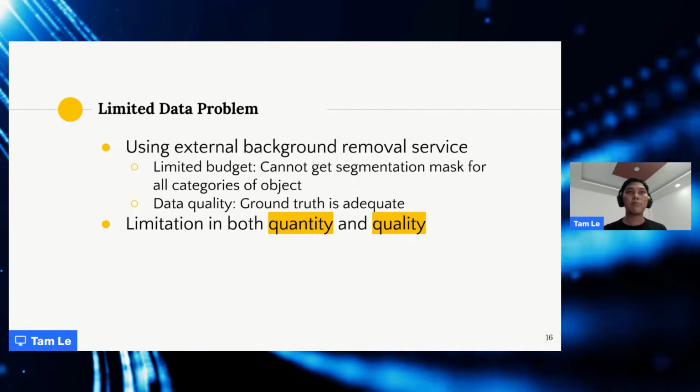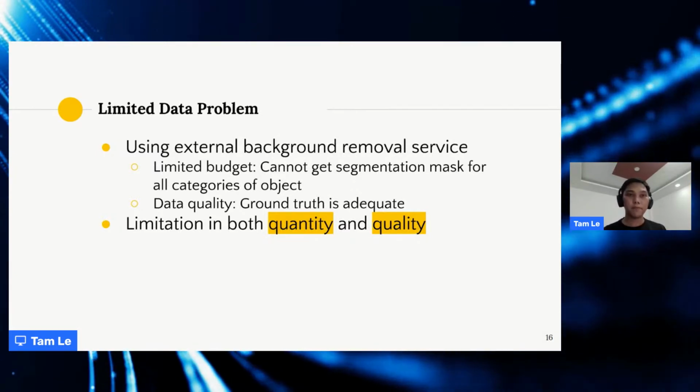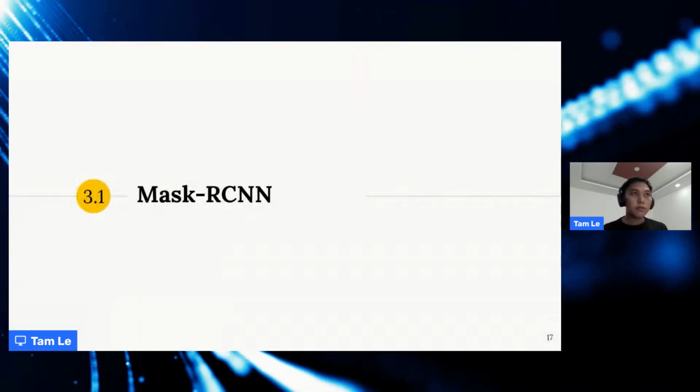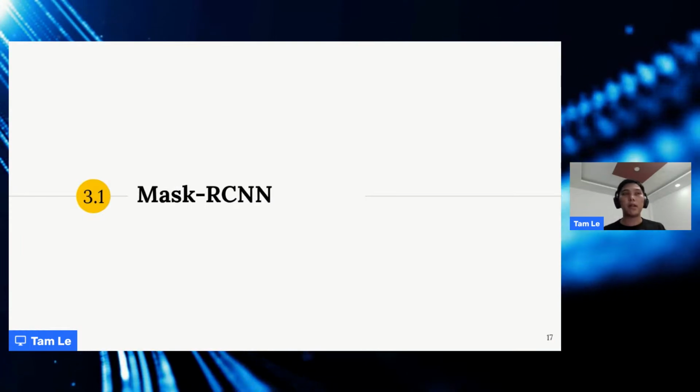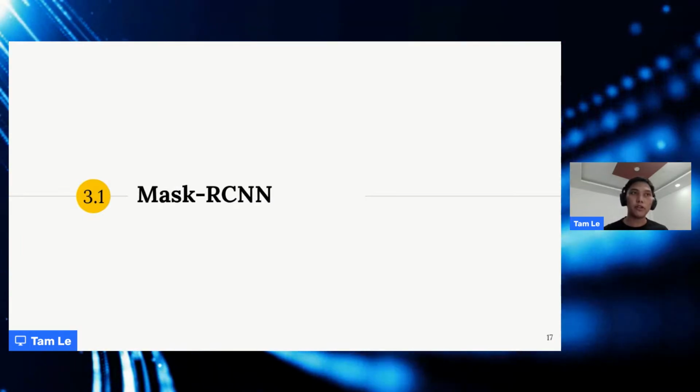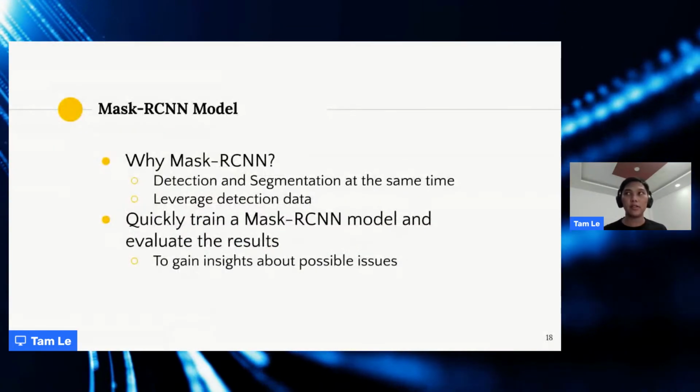With this kind of problem, here is how I developed the model to study. The first model I want to try to tackle this problem is a Mask R-CNN model. As you probably know, Mask R-CNN is a kind of instance segmentation model.